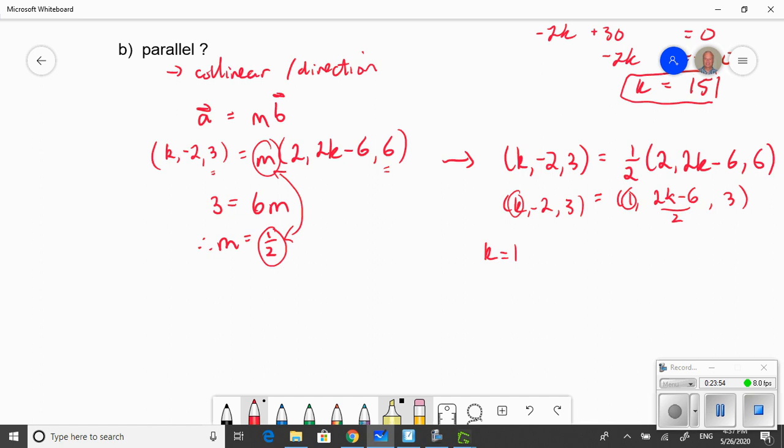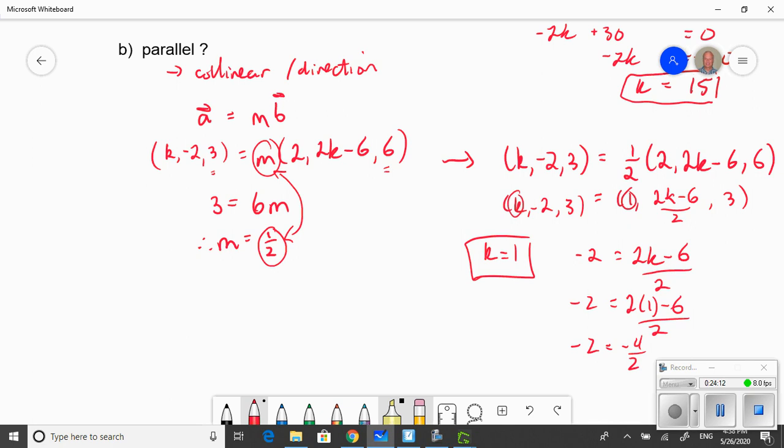So if k equals 1, it should also hold for my next one. Negative 2 should equal 2k minus 6 over 2. If I just found k to be 1, does that work? Yeah, it does, doesn't it? So k equals 1 satisfies this relationship. And when k equals 1,